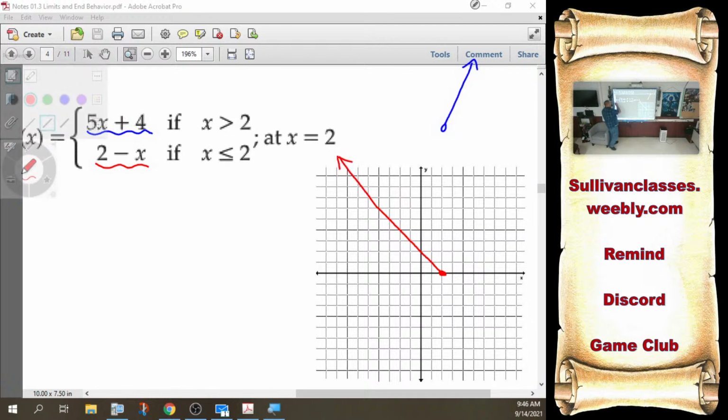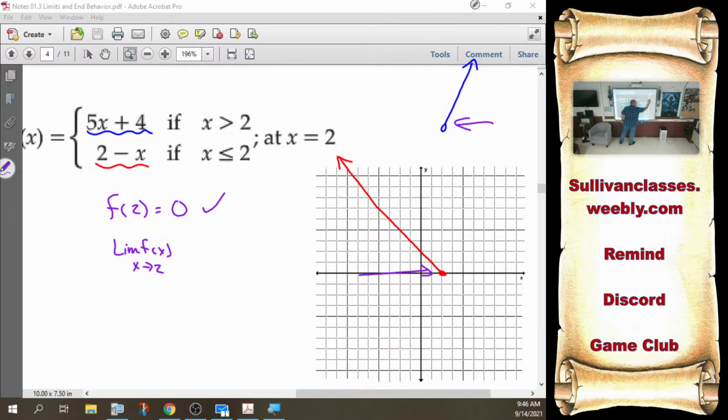If I'm testing it, it doesn't need to be that hard. I can just look at the graph. The function of 2. Which rule do I put in? Or equal to 2. I'll plug it in here, get 0. Yay, it passes. Limit of my function as x gets really close to 2. Well, I can just eyeball it and say those are not headed to the same place. So the limit does not exist because they're not headed to the same place. And 0 does not equal empty set, contrary to freshman opinion.